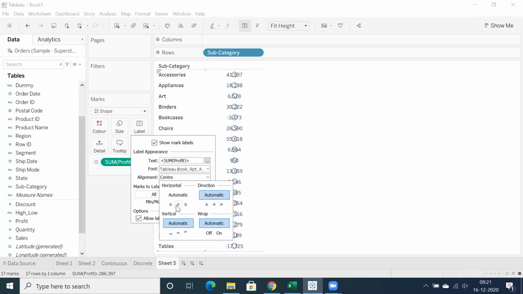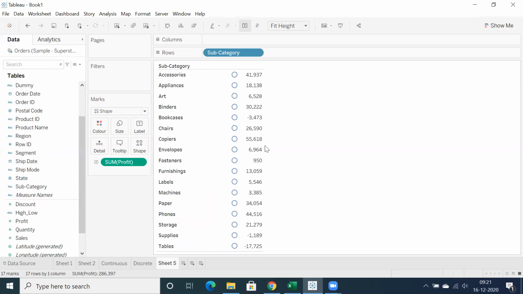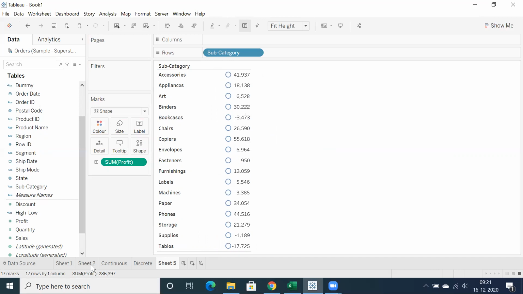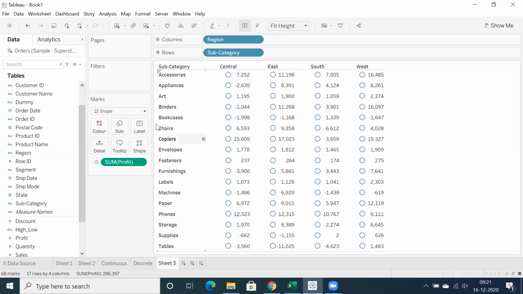Let's say in the middle it is overlapped, but I want to showcase the indicator before the text value. Clear? So when is it going to help? If you have only one dimension and one measure, and you want to showcase an indicator, then this will work. But one of the requirements I worked on in real time is one dimension in rows and one more dimension in columns. In that case, you don't need to worry about what is discrete and what is continuous. So now straight away we can use shape to showcase these circles.